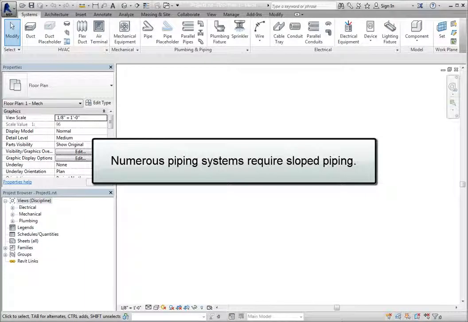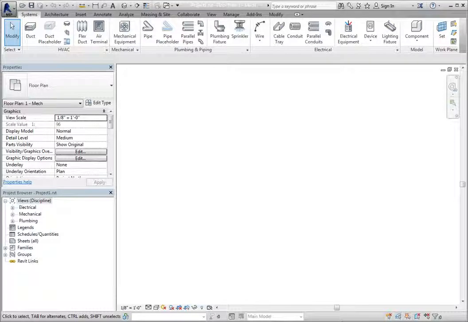Numerous piping systems require the pipe to be sloped. For example, sanitary, storm, and condensate piping all need to be sloped for the system to work properly. In Revit, you can slope piping as you create each pipe segment, or you can slope the piping after it